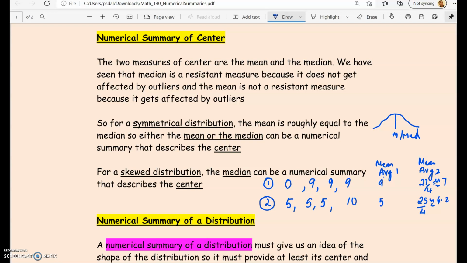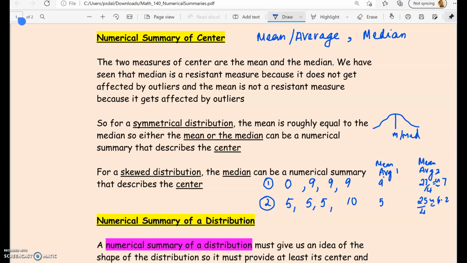So in our statistics class, you're going to see that we use the term numerical summary. A numerical summary is nothing but a number that describes the data set. When we talk about the mean, which is the same as average, we know how to calculate it: add all the numbers, divide by the total number of numbers. And when we talk about the median,